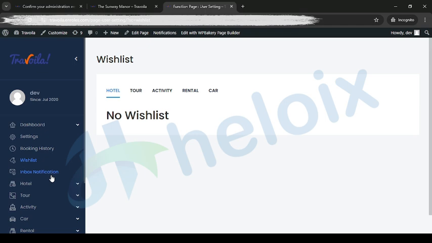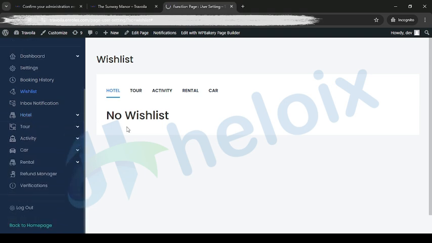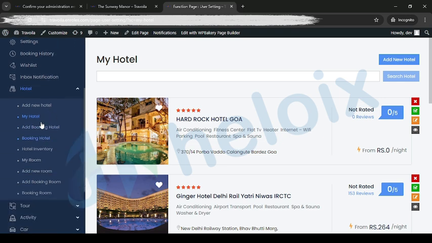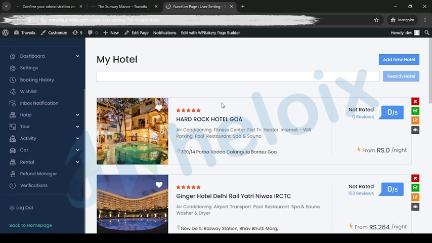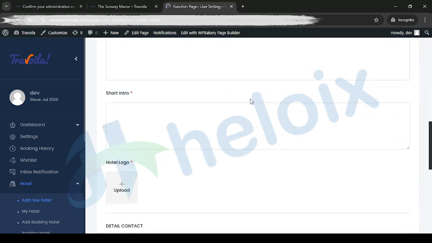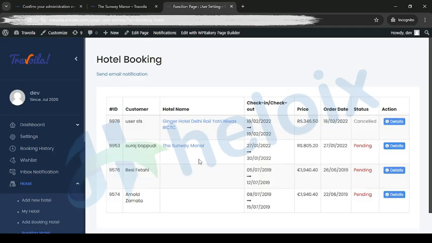After that we have a wish list, inbox. Here you can add new hotels, you can check your hotels, you can check your booking. Here you can check your rooms and all. Okay, the same things will come in admin as well, because I am already logged in as an admin, that's why. Here you can create multiple hotels, you can add and you can delete. Okay, if you want to add a new hotel, then click here, then you can create hotels. Basic information, facility, photo, location and other things. With those details you can create hotels. After that, here you can check booking. Here you can check booking details, or you can update them.